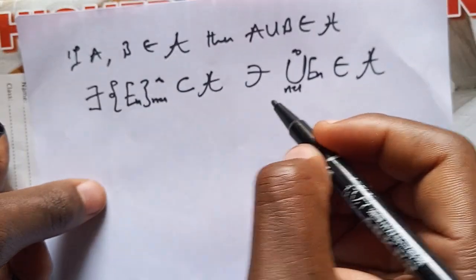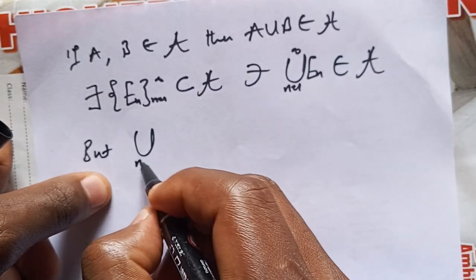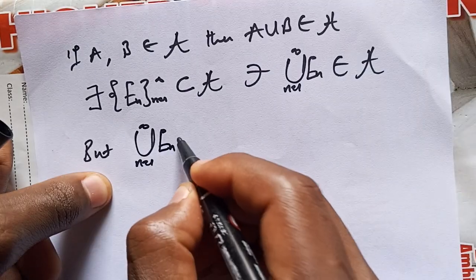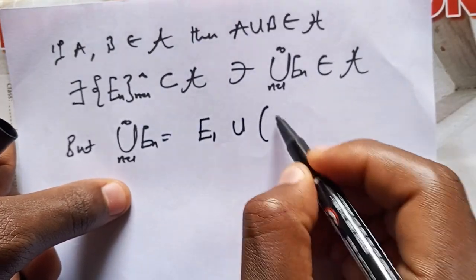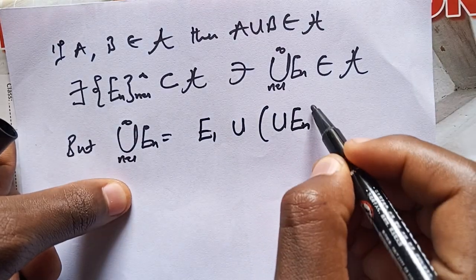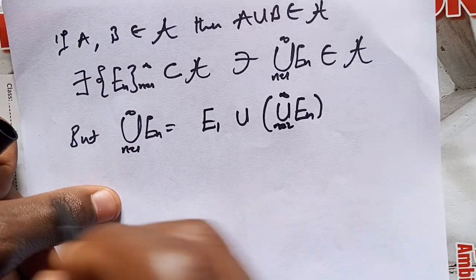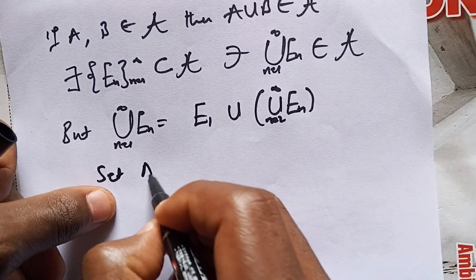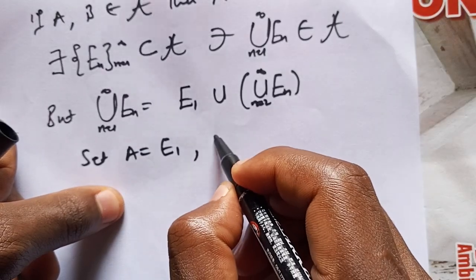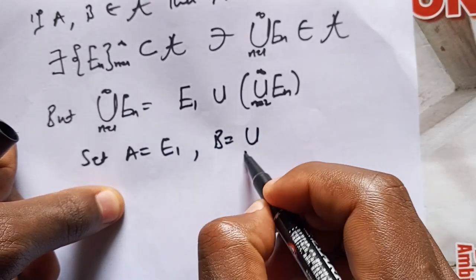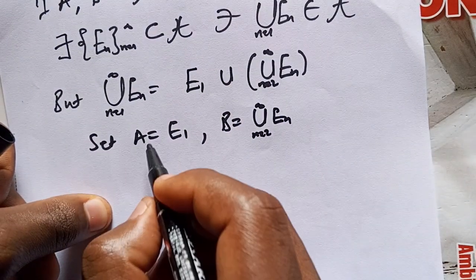But the union n equal to 1 to infinity of En is equal to E1 union the union of En, n equal to 2 to infinity. So if I set A to be E1 and I set B to be the union n equal to 2 to infinity of En, observe that A